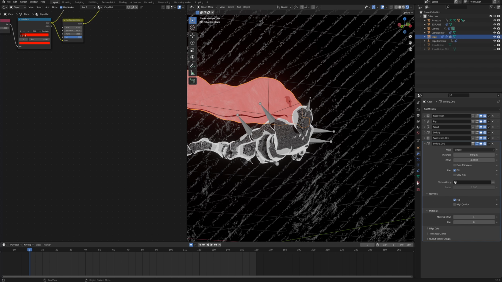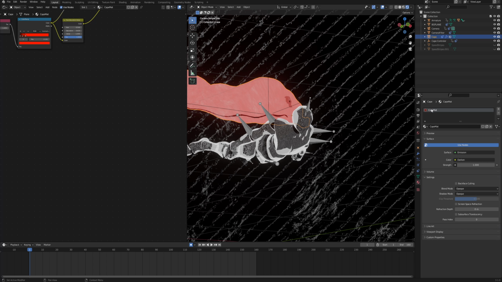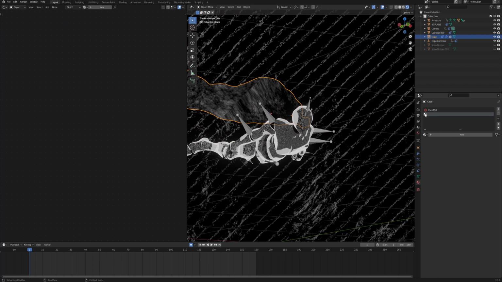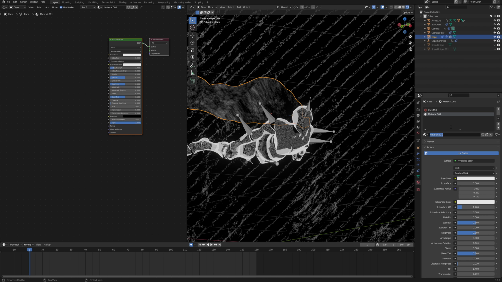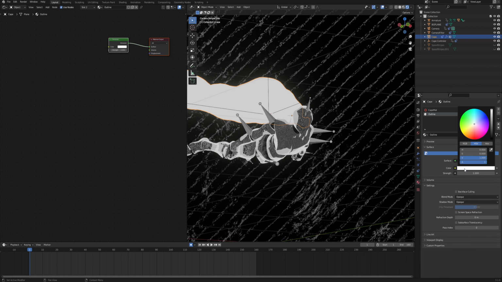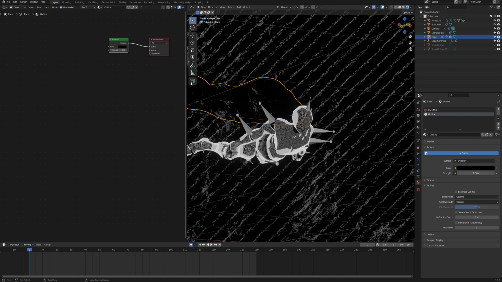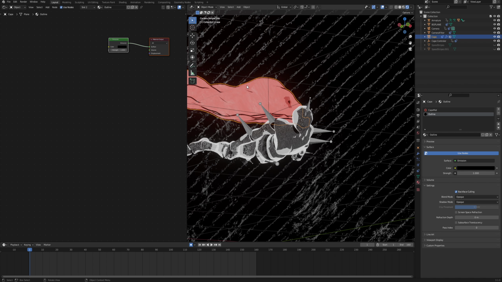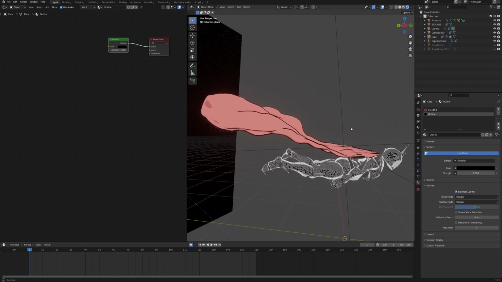And what it does is, in the materials tab, you can see that right now we have just one material. So it's using this one. But because we set this offset to 1, it will use the second material instead of the first one. So we can click new and call it outline. And then let's change this principled BSDF to emission again, and the color to black, because we want our outline to be black. And right now you can see that the whole cape turned black, and that is because one more thing we need to do is check this backface culling. And with that, super easy, super fast and super useful, we have an active outline of our mesh.